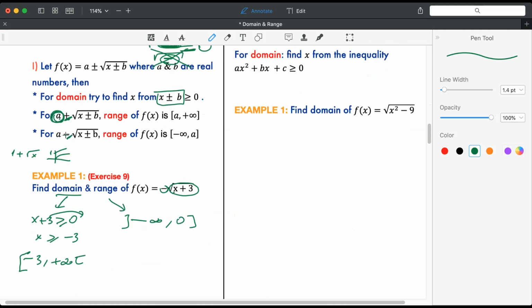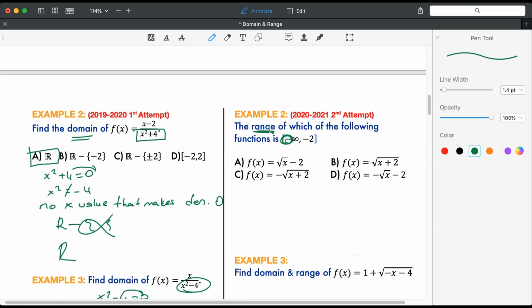When there is a negative in front of the radical, it's starting from negative infinity. So you have a negative in front. You need to have a negative in front of the radical. So not A, not B, C or D. Negative in front of the radical, and it's going to be till negative 2, which means negative 2 is added